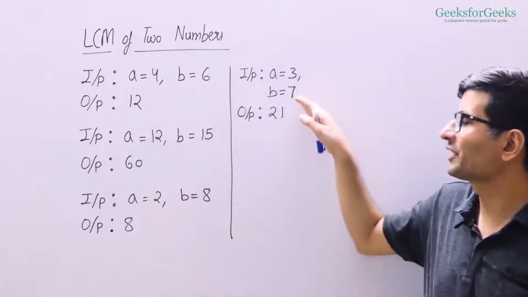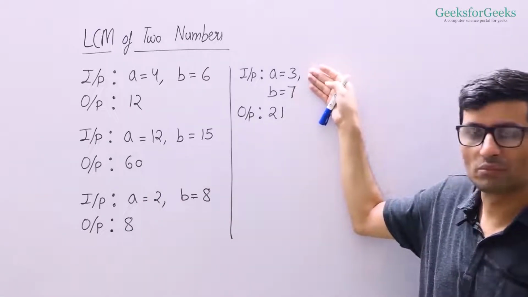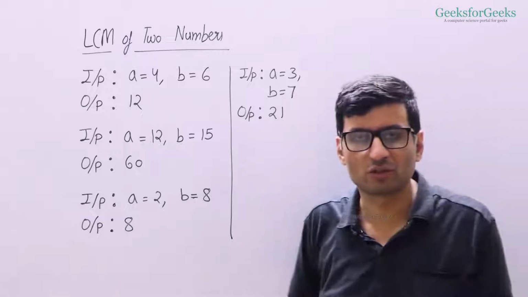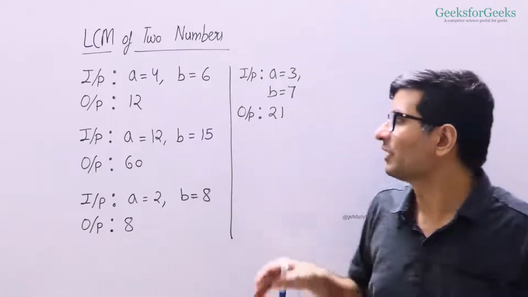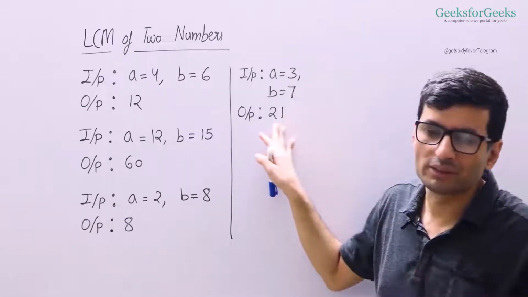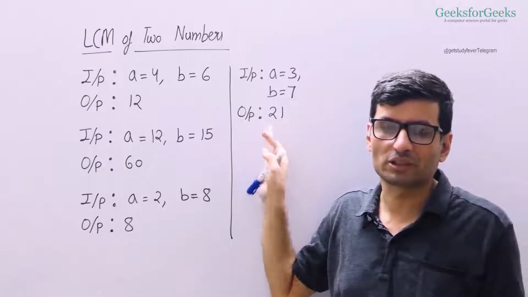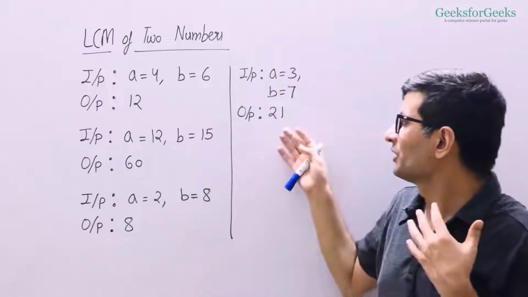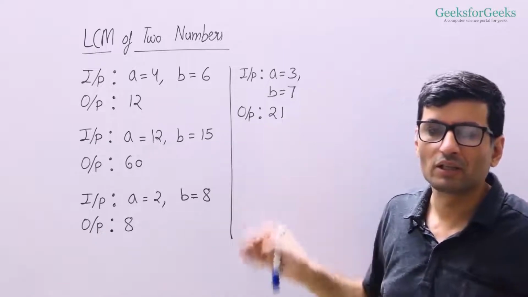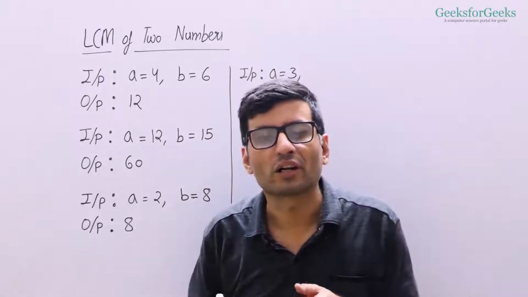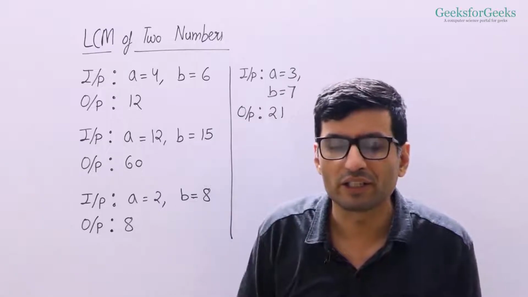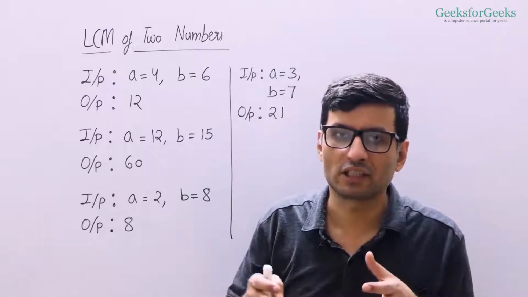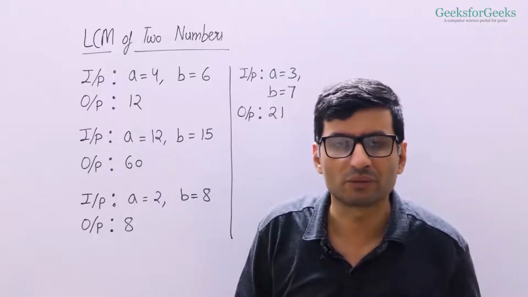Here's one more corner case example. If two numbers do not have any factor in common, if they're co-prime, in those cases, our LCM is simply multiple of these numbers if there are not any common prime factors. So in this case, we have simple multiple. Now please pause this video and try to write down a function that takes two integers as arguments and returns LCM of these two numbers.